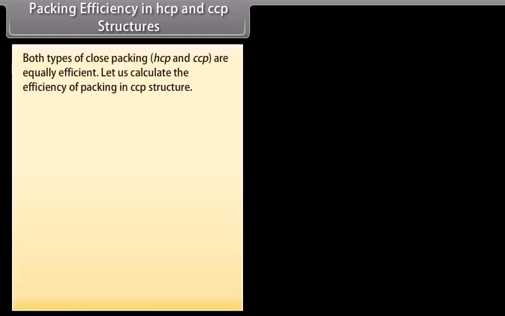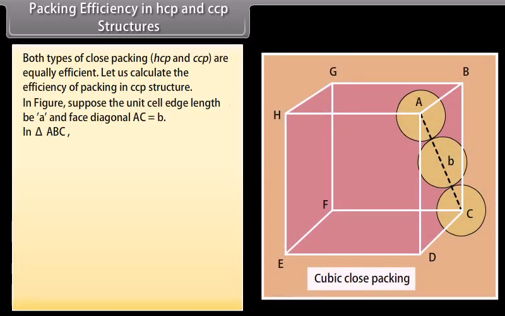Packing efficiency in HCP and CCP structures. Both types of close packing, HCP and CCP, are equally efficient. Let us calculate the efficiency of packing in CCP structure. In the figure, suppose the unit cell edge length BA is a and face diagonal AC is equal to b. In triangle ABC, AC square is equal to AB square plus BC square, or b square, which is equal to a square plus a square, or b square, which is equal to 2a square,